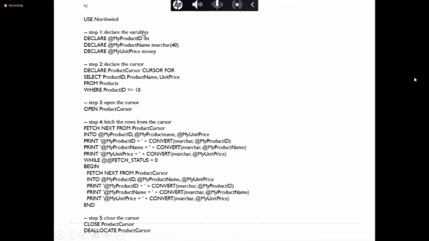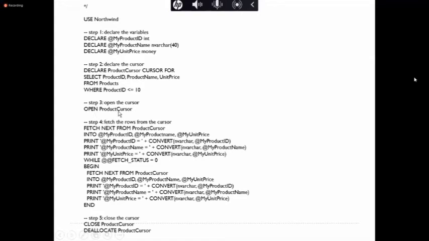First, declare the variables, and second, declare the cursor name, cursor for the select statement: product ID, product name, unit price from product, where product ID is less than or equal to 10.